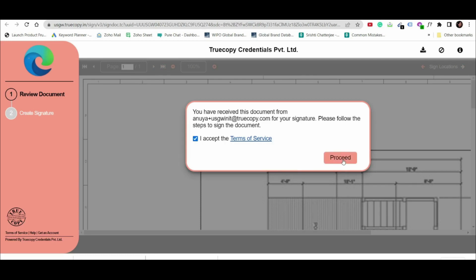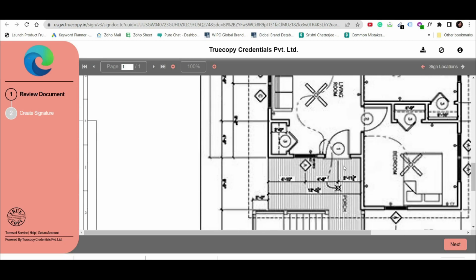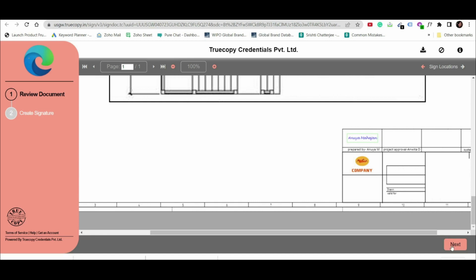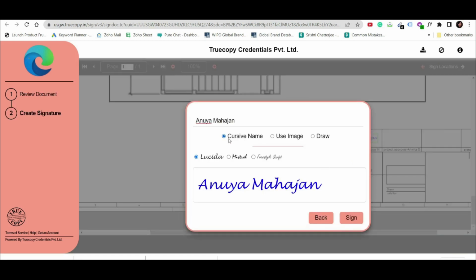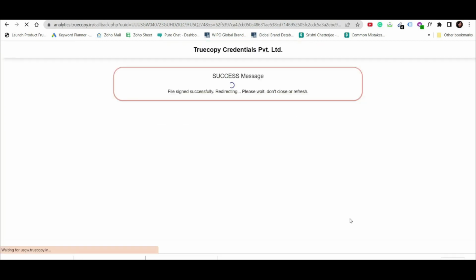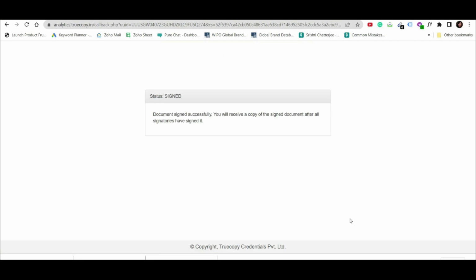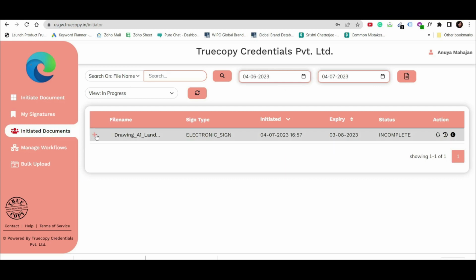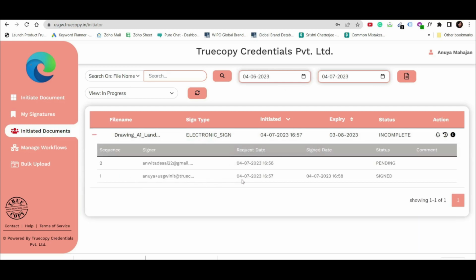You can see that they are able to view the design here, and you can see that the block that was marked for the signature location is seen there as well. Now the electronic signatures can be in the form of a cursive name. They can use an image, they can upload an image over there, or they can even draw the sign as well. Right. So the first signer has completed the signature,